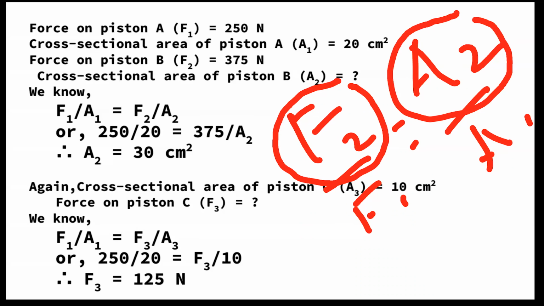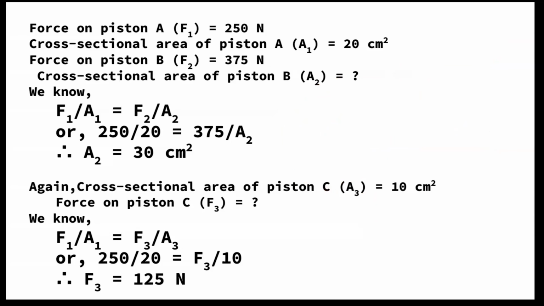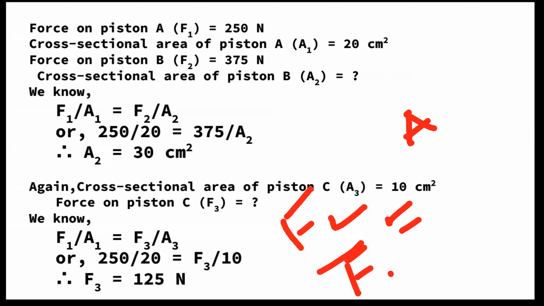If F2 is in the numerator of the first ratio, then on the right-hand side you must also mention the area of the same piston. So F2 and A2 belong to the same part, the same cylinder or piston. So if we write F2 upon F1, then there must be A2 upon A1. If we write F2 by F1 equals A1 upon A2,